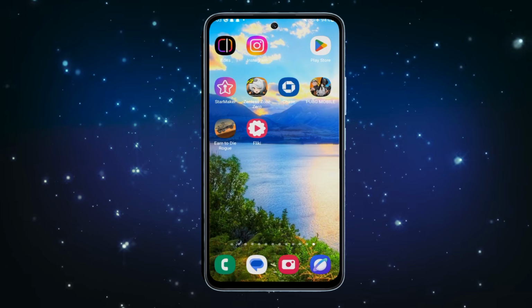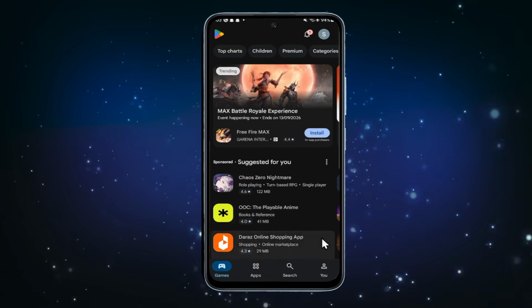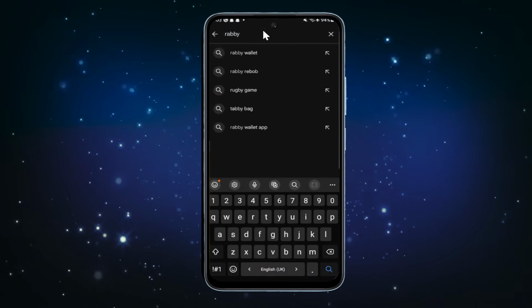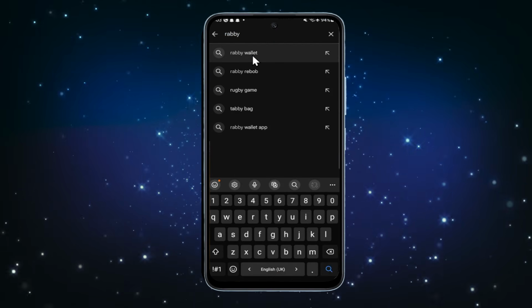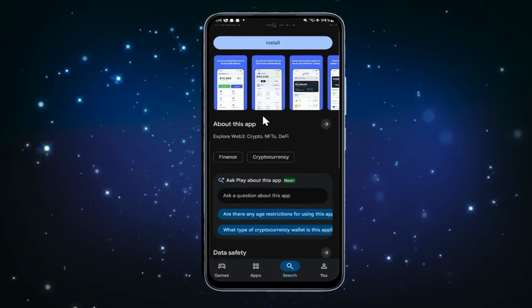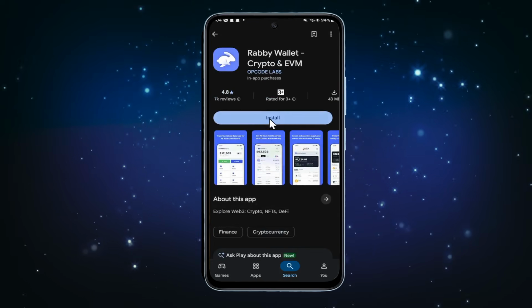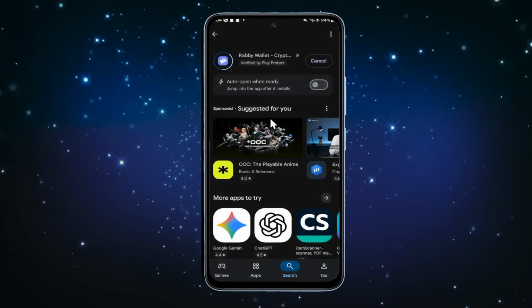First of all, open up the iOS App Store or the Google Play Store, depending on your device. Once you open it up, tap on the search button and now type in Rabby wallet to begin your search. Once you find the application, you can tap on it and check out the application info as well as the reviews left by users. Now, in order to install it, tap on the install button and this will begin the